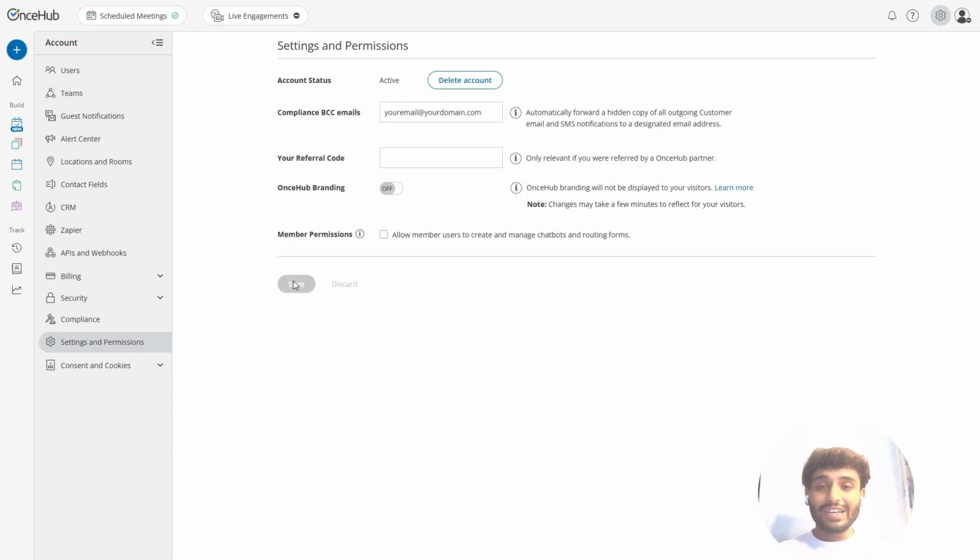Once done, you can test it out by scheduling a test booking on one of your booking links and checking the mailbox to see if an email copy has been received on it or not. And that's it. In just a few clicks, you have added your compliance BCC email in OneSub to receive all your customer